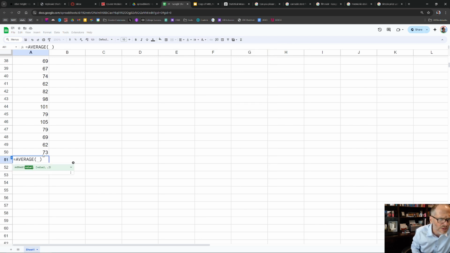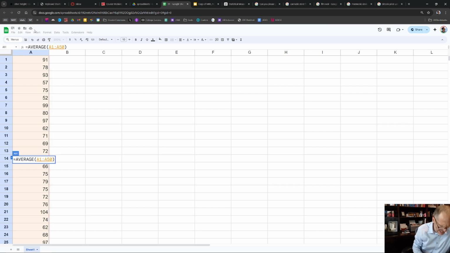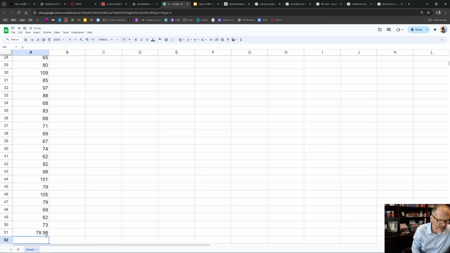So now it's saying, what do you want an average of? I want an average of all of that. And my average is 78.98. So the average of all this data, the measure of central tendency or central location, is 78.98. It's sort of like, of all the data, there's this amount on this side, half is on that side in terms of values, and that's the average. And I think average is interesting to explore.